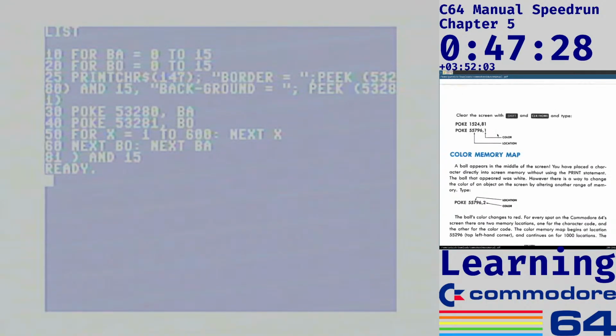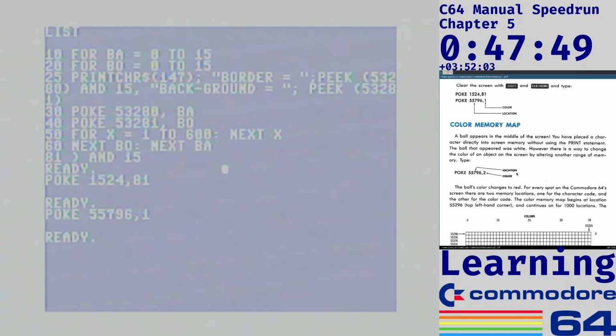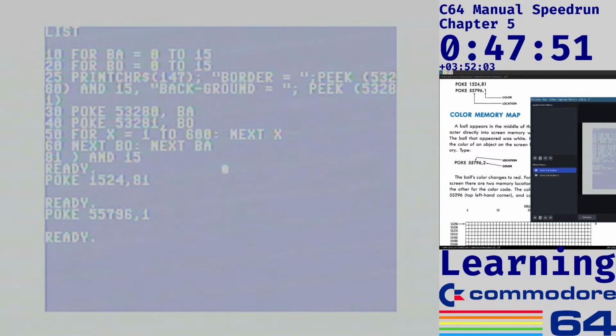So here, let's poke our ball back onto the screen. Poke 1524, 81. So we have the ball on the screen, and then we can change the color. Right now it's a yellow ball, so we'll poke 55796. Yeah, so now it's a white ball, or it should be white, but you know, we've got a bit of a